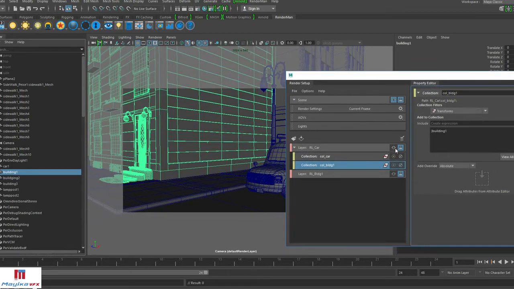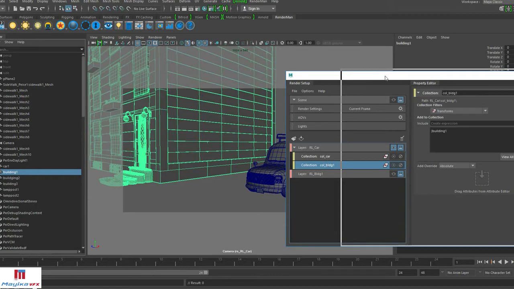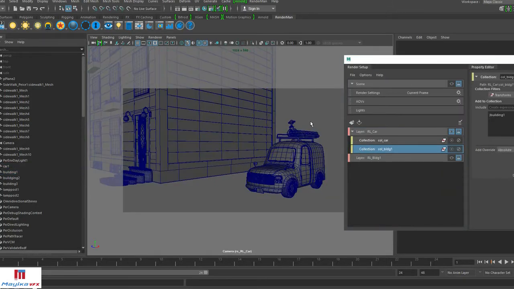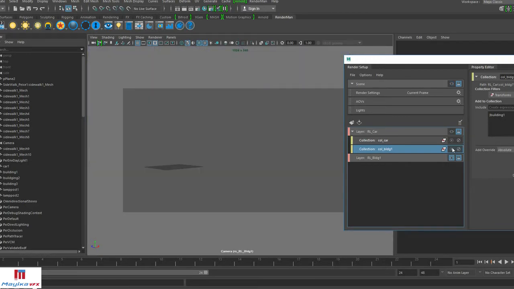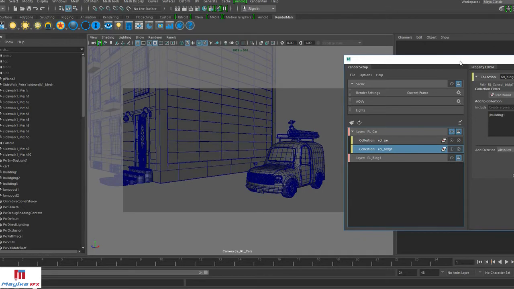This I button is to see the layer. So if I select this render layer, you can see there are two objects, and in the master layer we have all the objects, and in the second layer we don't have anything.